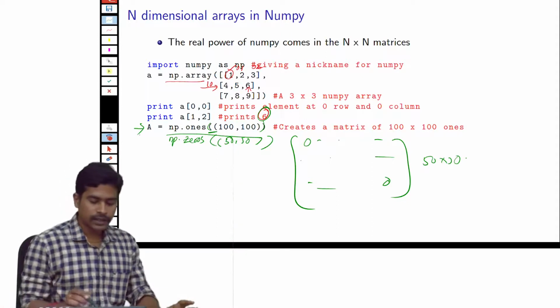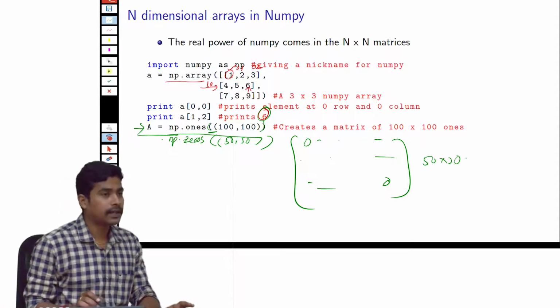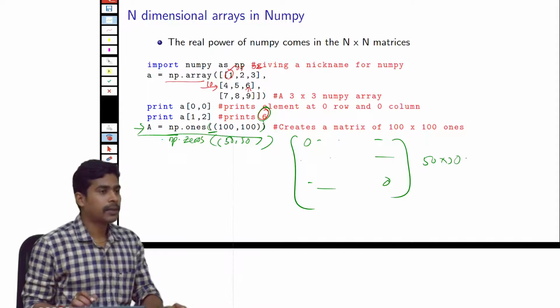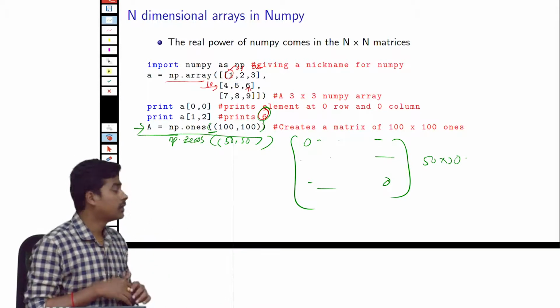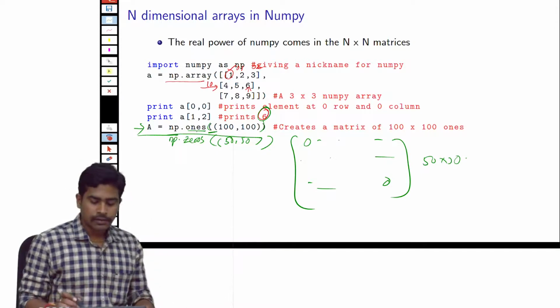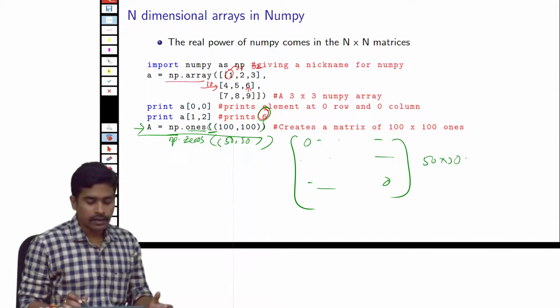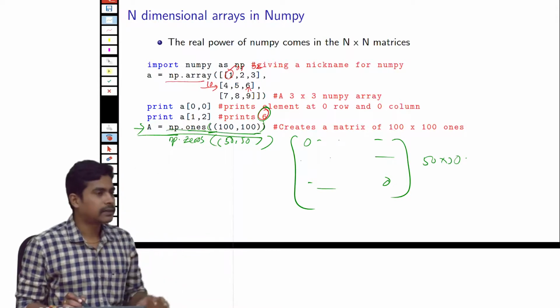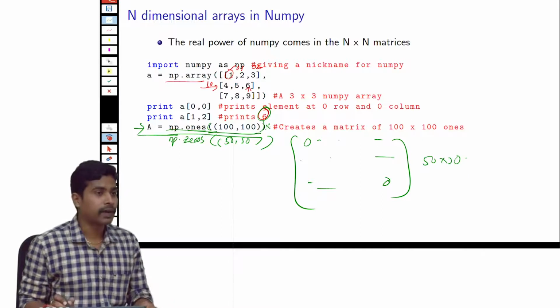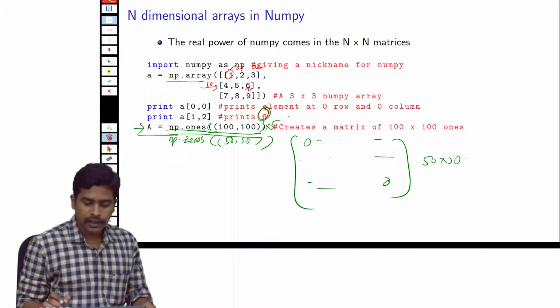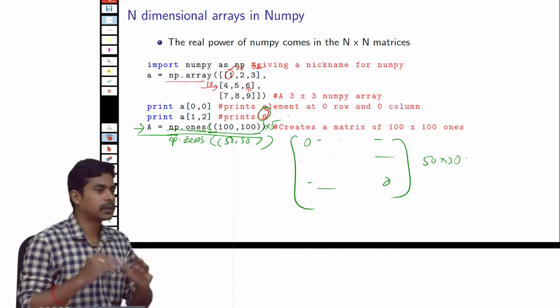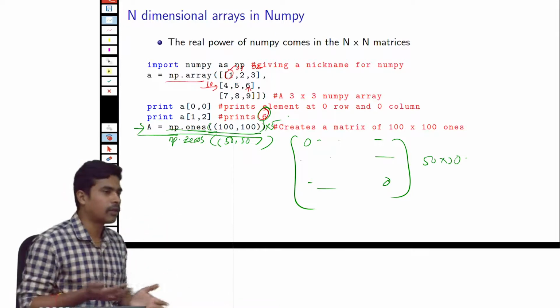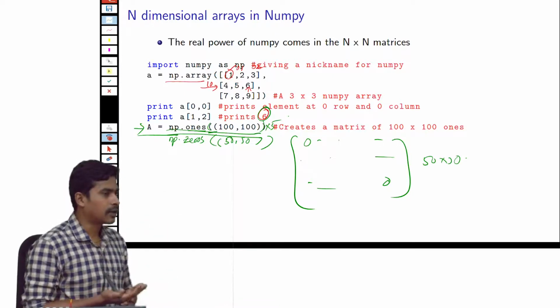Okay. So these are some handy operations in NumPy if you want to have a big array of the same values. So if you want to create a big array of 5s, what you can do is create an array of 1s, and you can just multiply with 5. So this will convert it into a matrix of all 5s or all 100s, whatever you want. Okay.